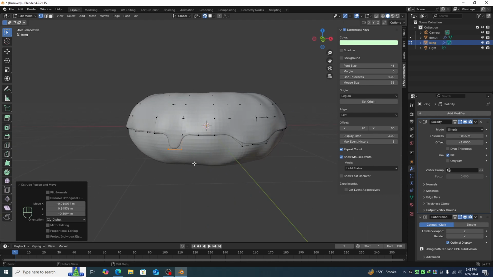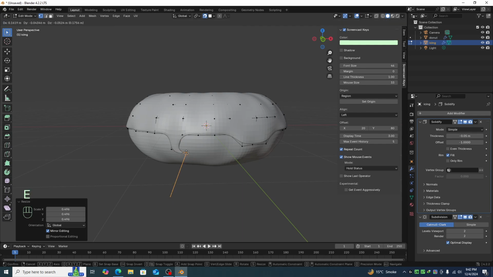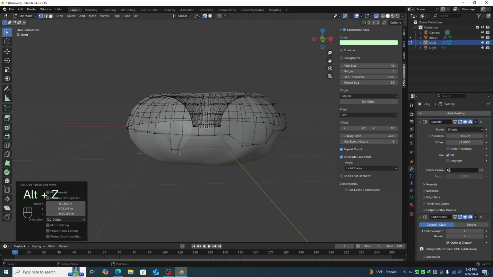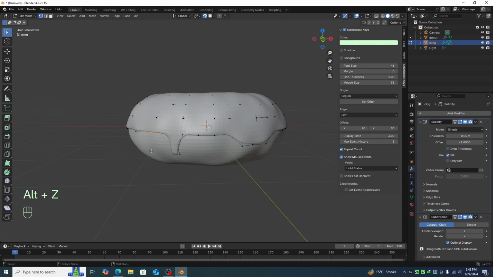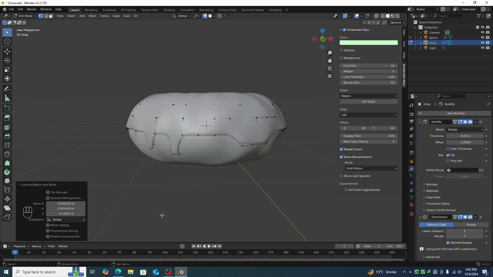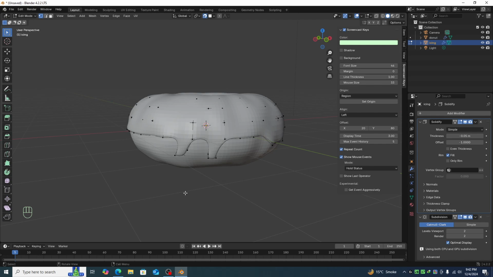wall. So press S to scale down a little bit and then press E again to drop a little bit downside. Now again Alt Z and select these two vertices. Now press Alt Z and then press E to extrude and then again S to scale down and E to extrude a little bit. So select this and, but first uncheck the magnet, press G and